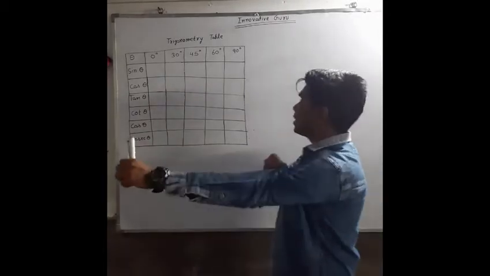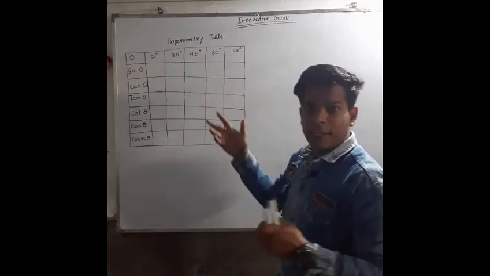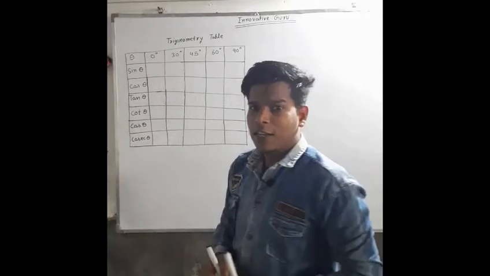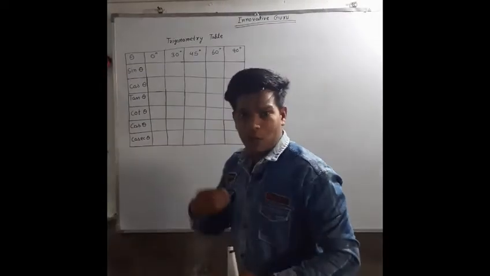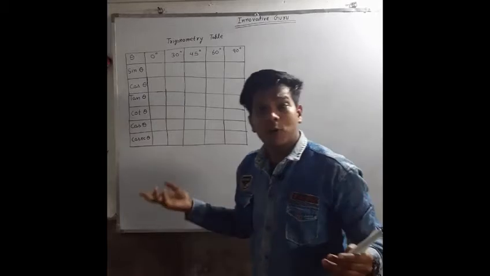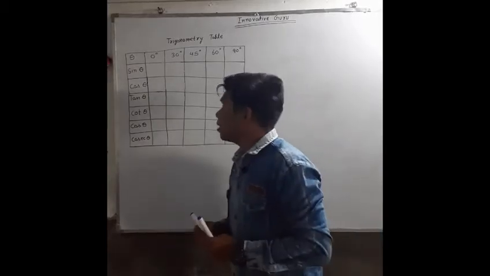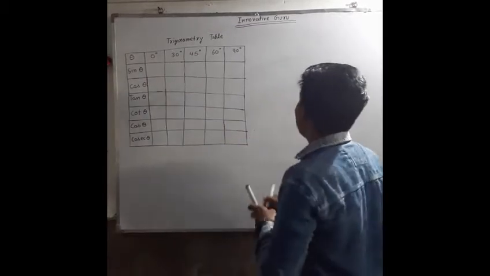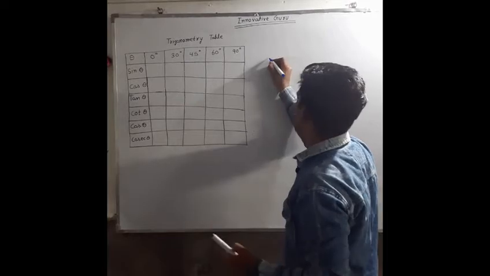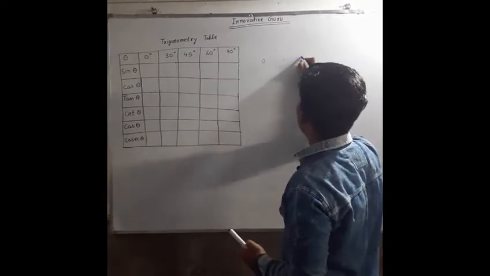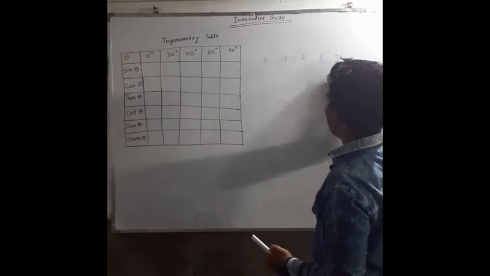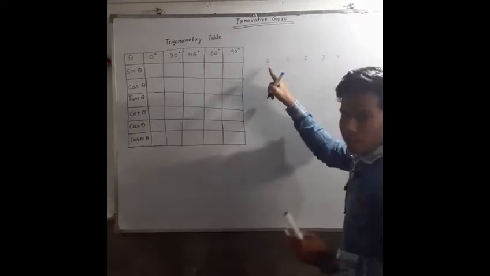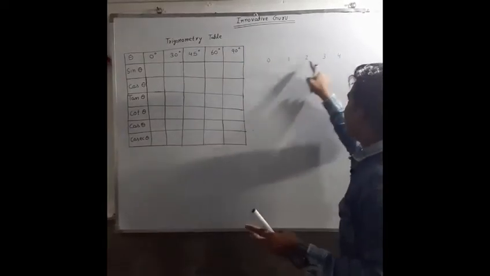So as you can see, this is a table, and I'll tell you how to create it. You don't need to learn any formula related to that. You just need to focus on my words, and you will understand how to create the table. So let's focus on the first one, sine theta. First write down the numbers 0, 1, 2, 3, 4. So there are 5 boxes, 1, 2, 3, 4, 5, and you write the numbers from 0 to 4.